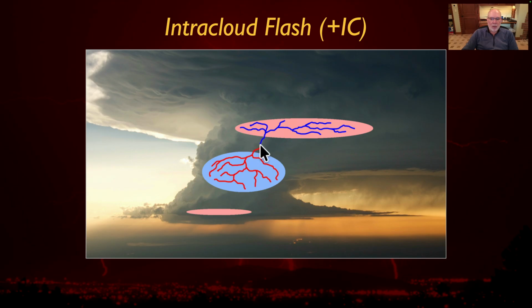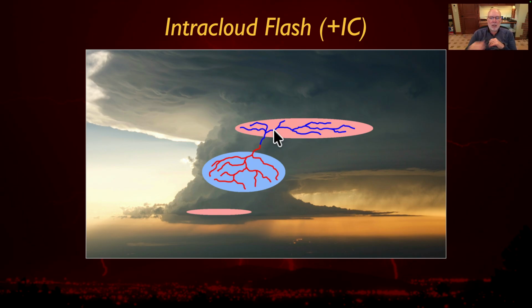And so somewhere along this pathway in between the two charge regions is where the leader is going to initially develop. And in this case, where we have a normally charged thunderstorm with an upper positive charge region, mid negative charge region, we get a negative leader propagating towards a positive charge,